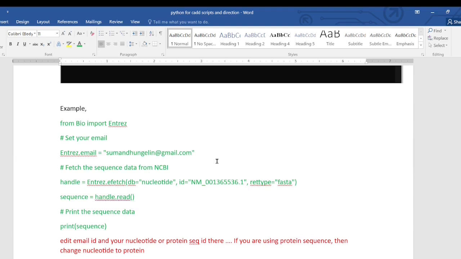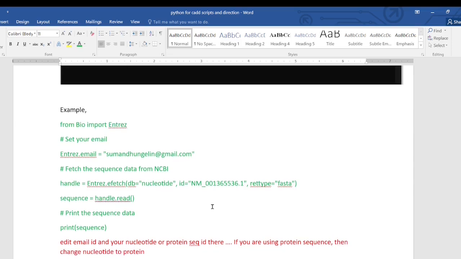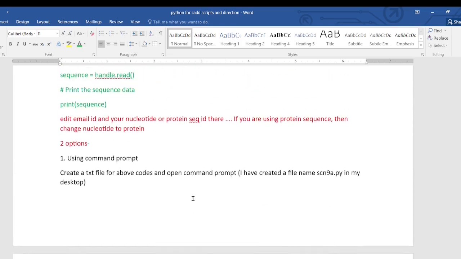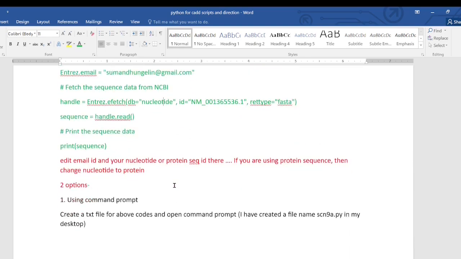And I've given an example of these sequences that I've already presented over there. You can edit the email ID and the nucleotide product sequence ID there, and if you are using a protein sequence, then you can edit that nucleotide to protein present in this code, and you can fetch it. So the result will, in case of reading these sequences using Python,